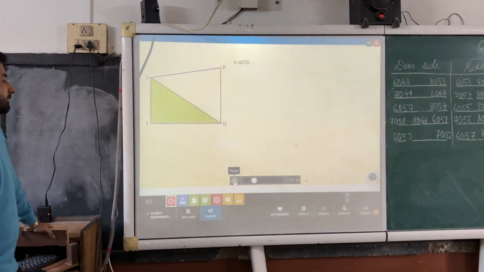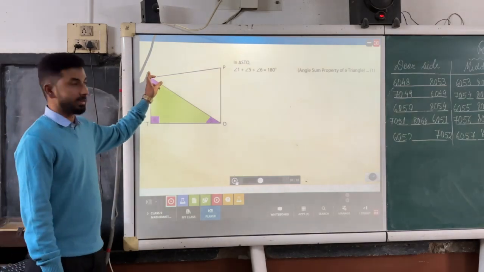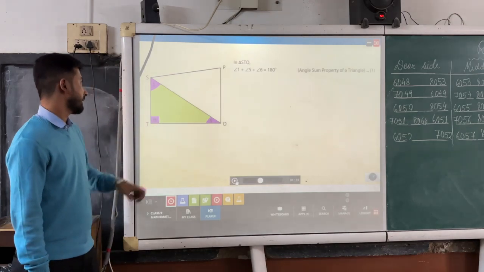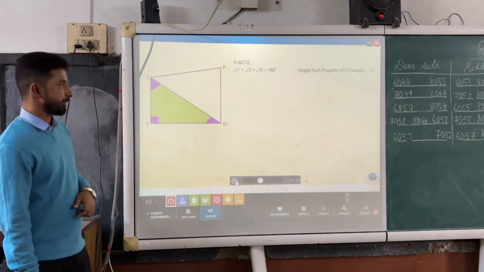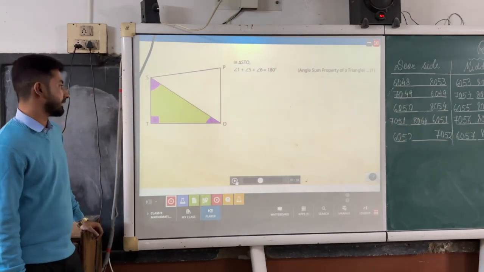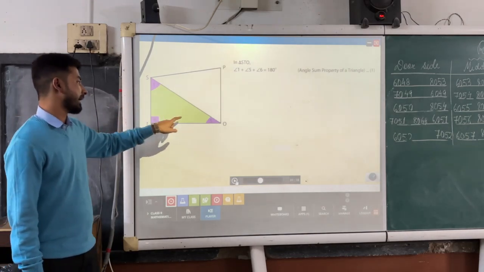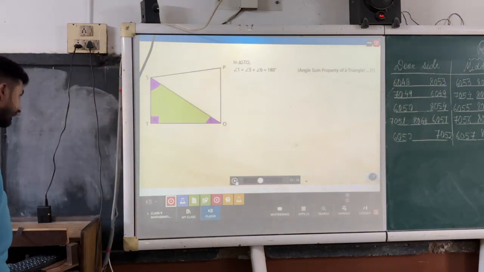Consider triangle STO. The sum of angles 1, 5 and 6 is equal to 180 degrees. You know that this is true by the angle sum property. So a diagonal SO divides the quadrilateral into two triangles. One triangle is STO and the other triangle is OPS. So we know that the sum of the angles of a triangle is 180 degrees. So in this triangle, there are three interior angles, angle 1, angle 6 and angle 5. So the sum of these three angles will be 180 degrees. Now let us consider the other triangle.